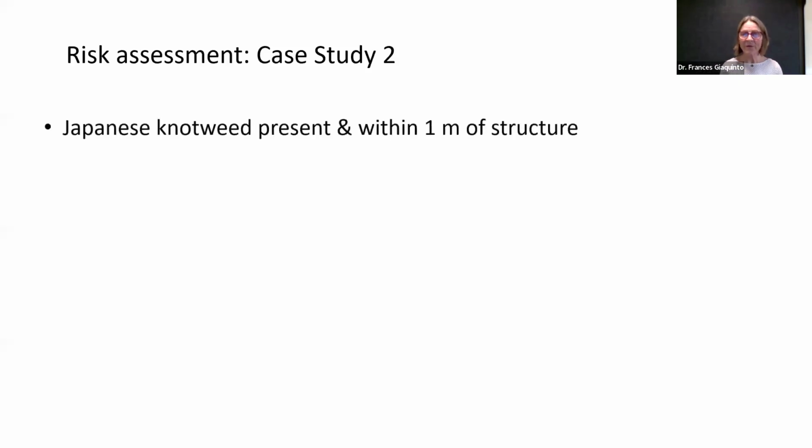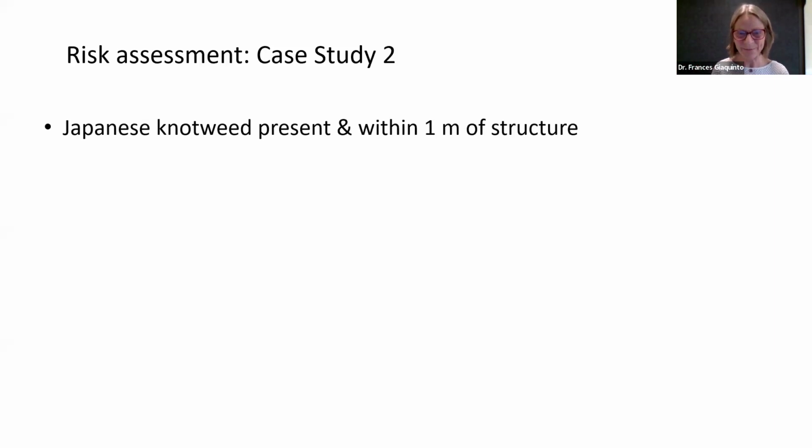Okay, so first of all, Japanese knotweed is present. It's within 1 meter of the structure. If that client owns that property and wants to renovate it or do anything with it, the alarm bells are immediately there. It's within 1 meter of the structure. There's no way that you can renovate or do anything to that structure without disturbing the soil in which that